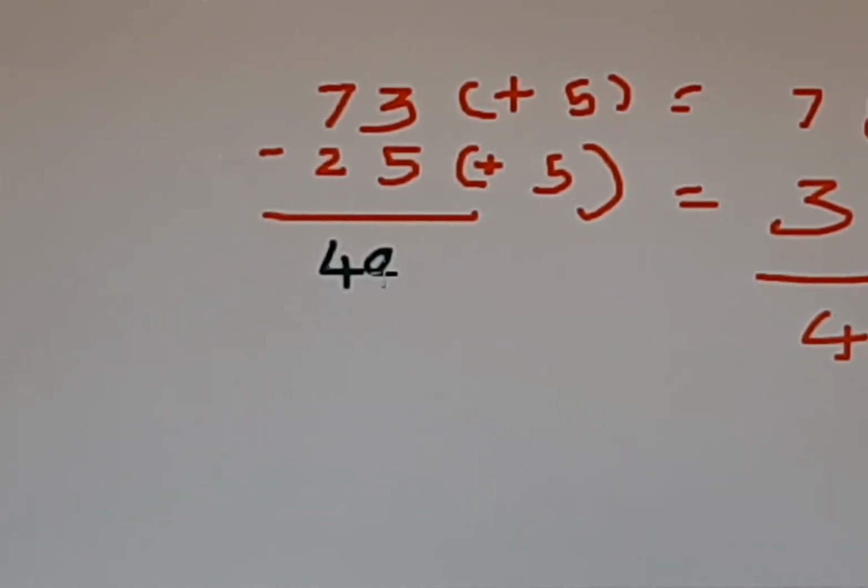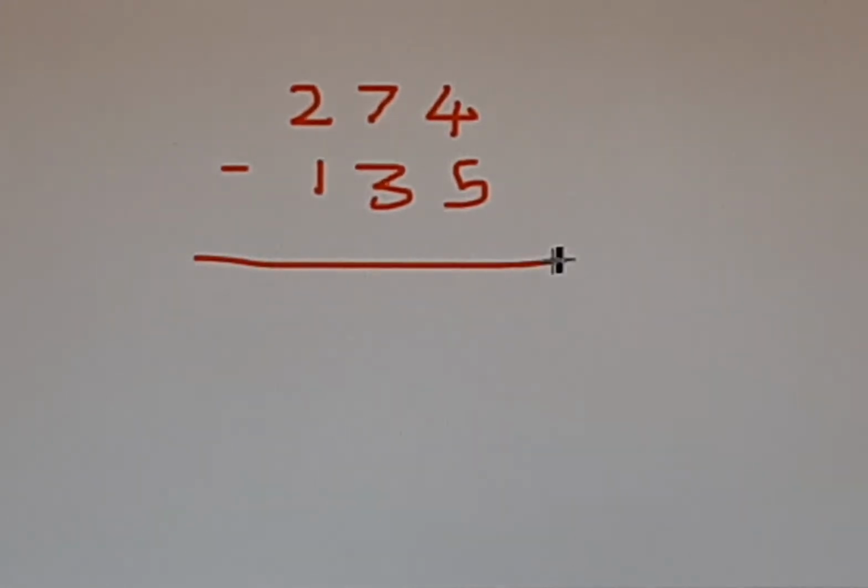But we have done it with a Vedic method, and you can do it after some practice. You can do it very fast and mentally also. So for going mentally, you have to do this thing. Now the another figure is 274, a 3-digit number. Then 135. First step is which one is the higher number, which one is the lower number.